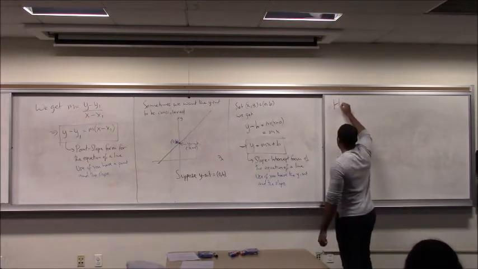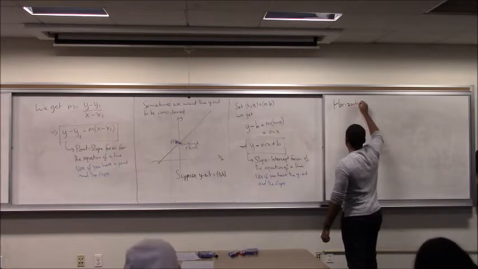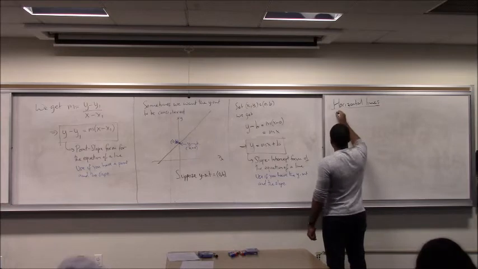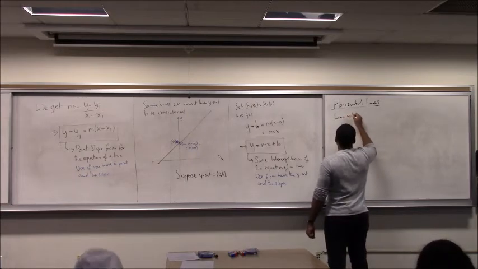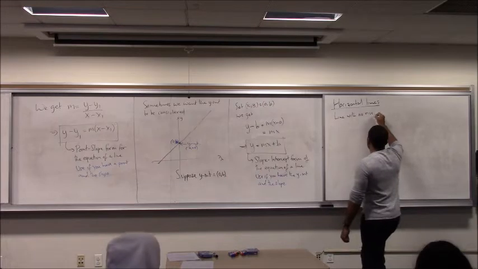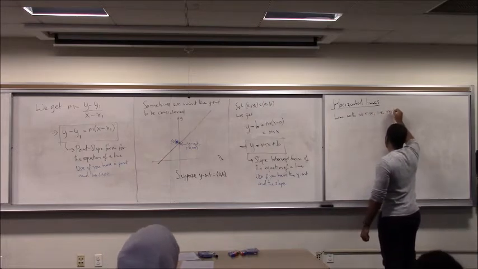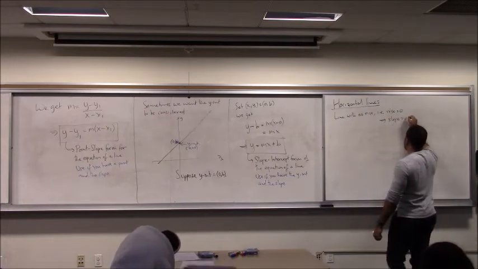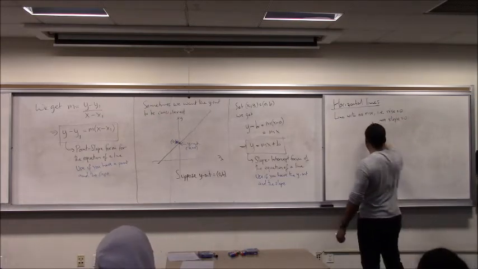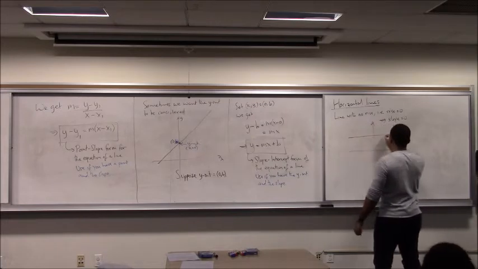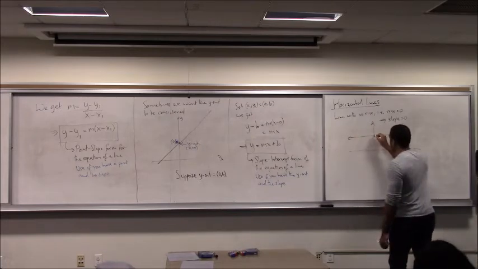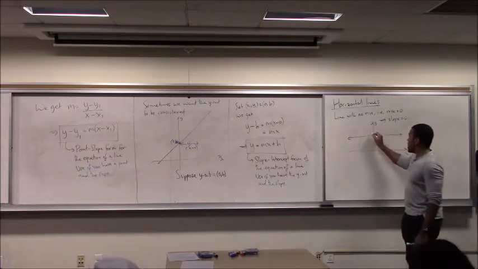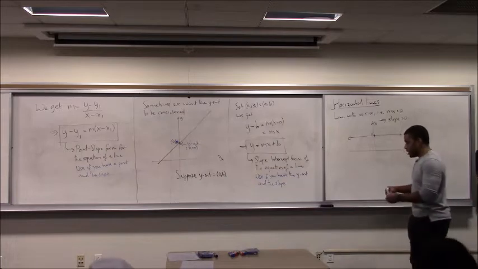Other things, what about horizontal lines? These will show up all the time. So you should know how to deal with these. This is a line with no rise, i.e. rise equals 0. But that would mean by definition that your slope must be 0. So this is a line that would look like this, just passing through here, kind of through some point. So this is your x and this is your y. Now let's suppose this passes through some point k. The equation of that line